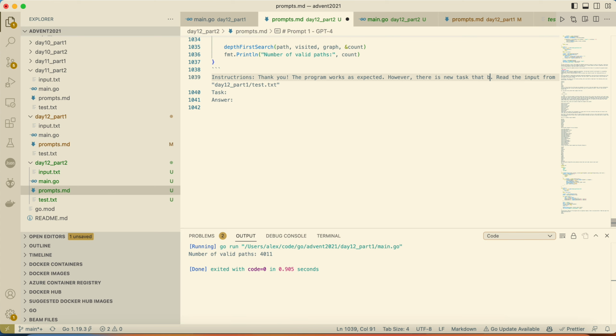Does that build on the first task? For the second task,